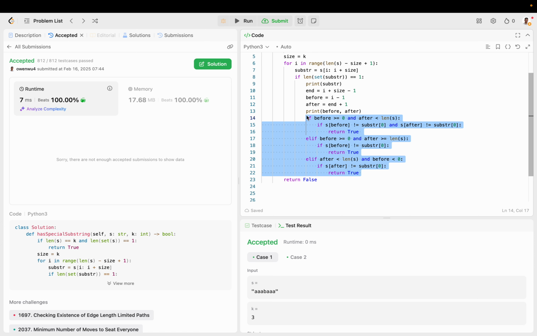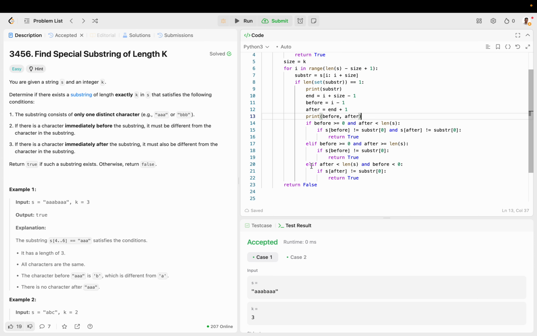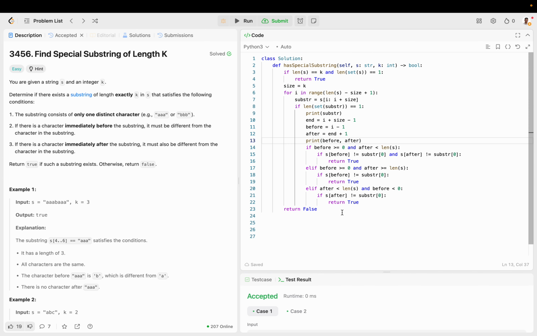It's just, this is kind of confusing because you have 3 different cases. There's a right character and a left character, or there's either or, you can't have a right or a left character. And so you just have to kind of play around with it a little bit, but that's my solution,